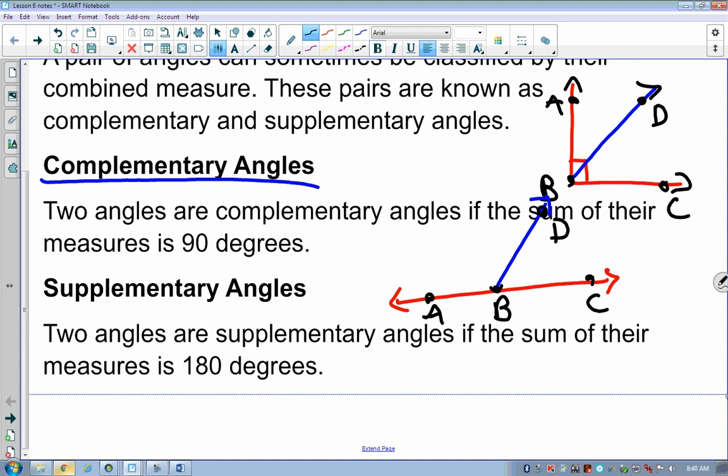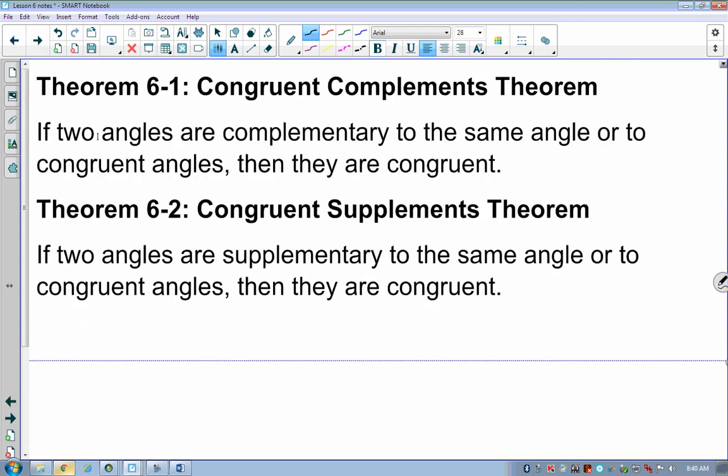They are also what we're going to call a linear pair, because whenever I put these two angles together, whenever I add them up, they form a straight line. Okay? So linear pair. They're two angles that create a linear pair. So we have congruent complements. If two angles are complementary to the same angle, meaning if two different angles each pair with a third angle,